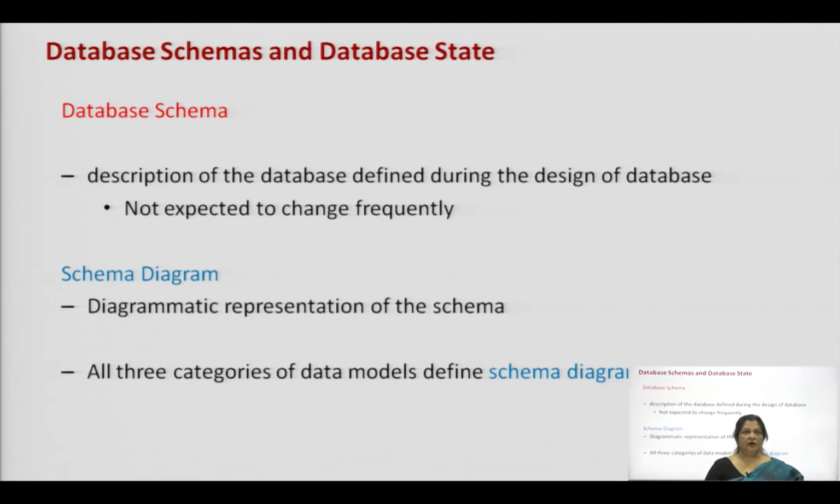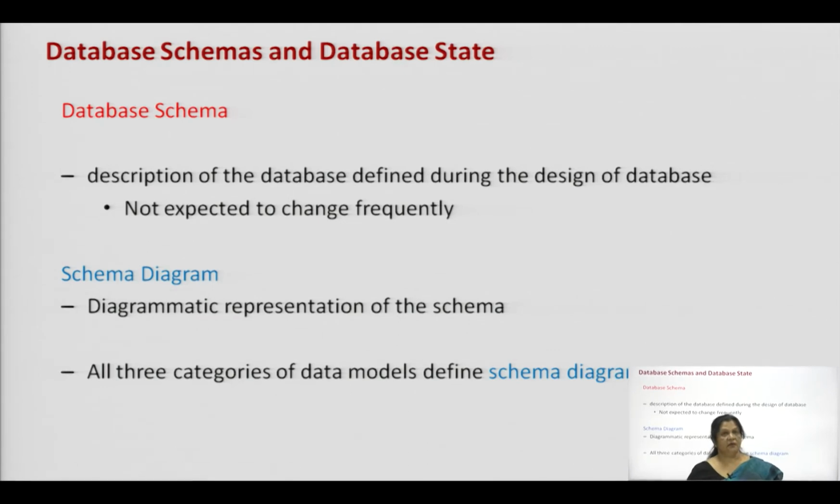Now, let us see what a database schema and a database state is. A database schema refers to the description of the database which is defined during the design of the database, and we say it is not expected to change frequently, whereas a schema diagram is the diagrammatic representation of the schema, and all these three categories of the data models, they define the database schemas and